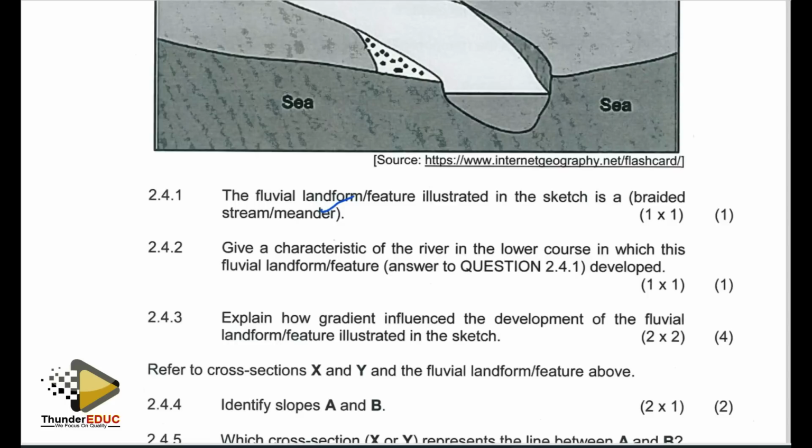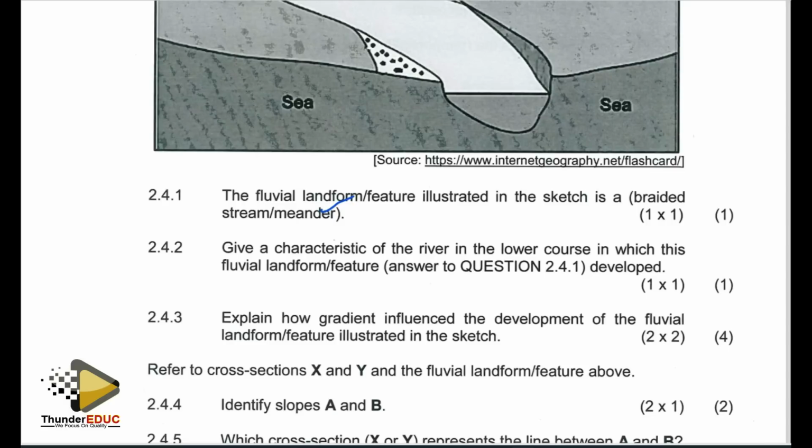We are looking at features in the lower course. What are the features of a river which is now in its old age? Right. The river there will have a wide channel in the lower course. It's one of the features. It has a wide channel. And also the discharge volume is high or large. The river has a very large volume of discharge. And also there is slow velocity. The water is generally slow in terms of its velocity.